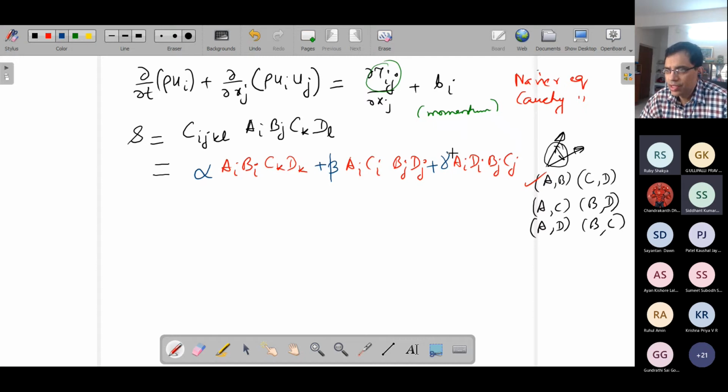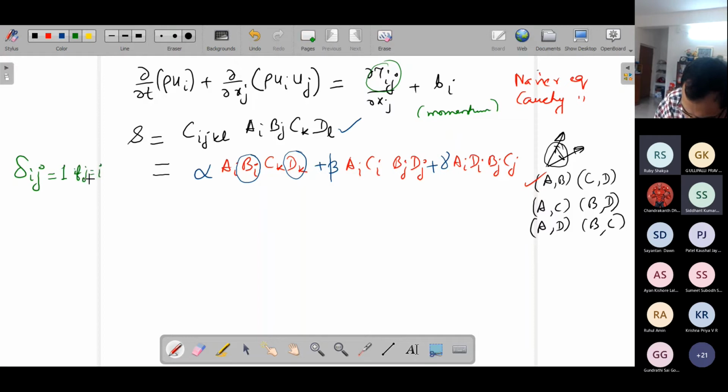Now, if you see the left hand side, you have AI, BJ, CK, and DL. On the right hand side, instead of BJ you have BI, and instead of DL you have DK. So you have to switch indices. I will show you a simple trick of switching indices. I am introducing a second order tensor called the Kronecker delta. How is it defined? It is 1 if j is equal to i, and it is 0 if j is not equal to i. So this is called the Kronecker delta.